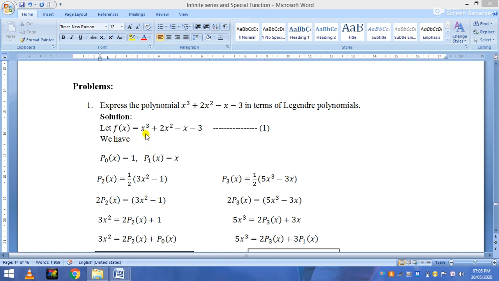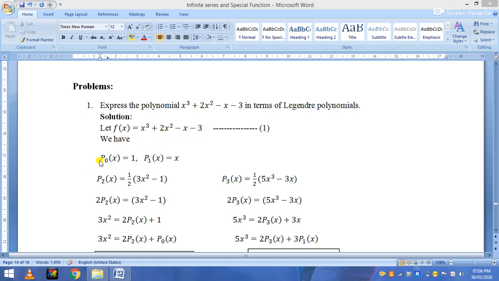Because we put the x cube value, x square value, x value and one value in the given equation in the form of P0, P1, P2, P3, P4. Suppose here 3 into 1 is there, one value is P0, so x value is P1, like that. So we want x square and x cube. If up to x cube is there, we write P3. If x raised to 4 is there, we write the formula up to P4 of x. So we require x cube, x square, x and one value.